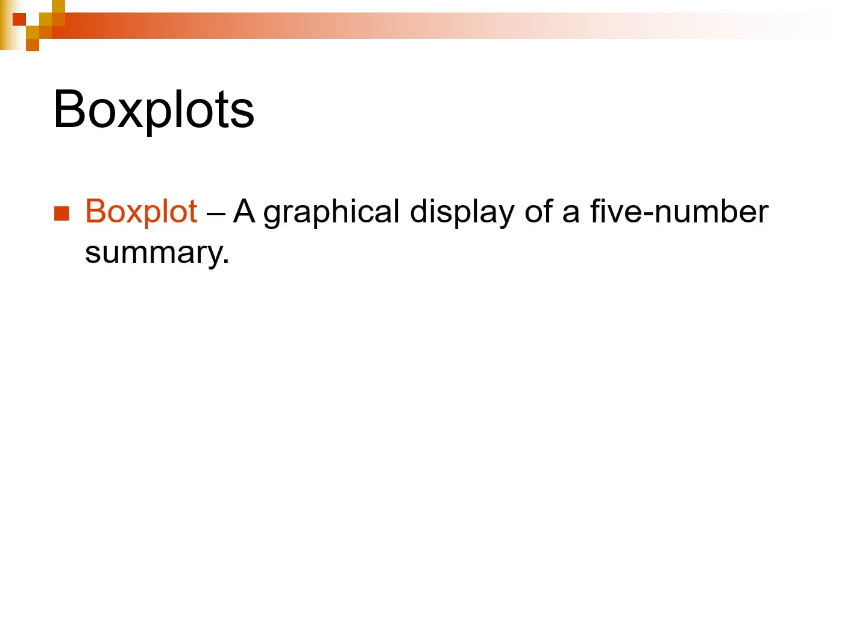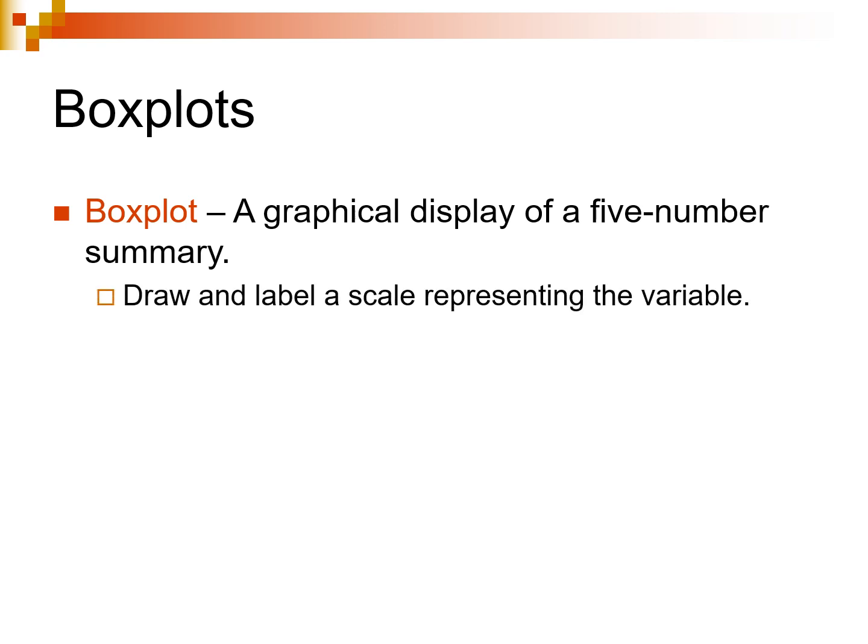Today we're going to talk about box plots, normally called a box and whisker plot. To do this, we're going to take our 5-number summary. That means our median, our Q1, our Q3, and also now including minimum and maximum values. What we're going to do in order to make it is first draw and label a scale